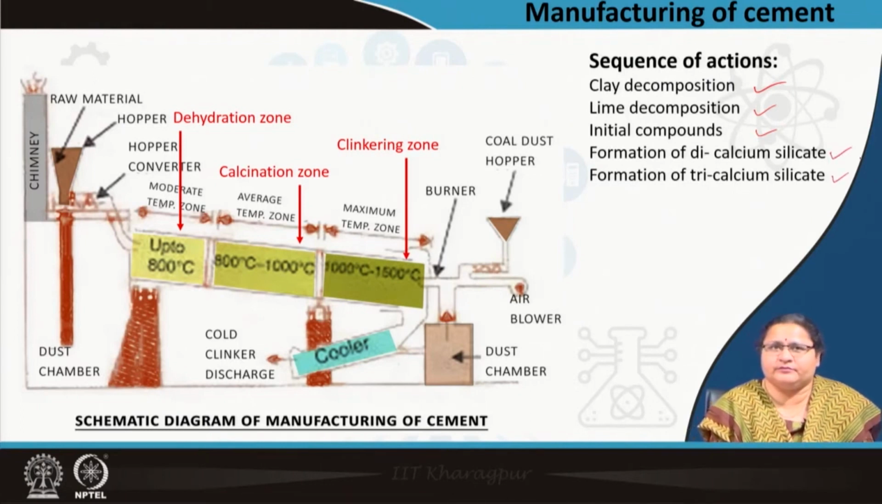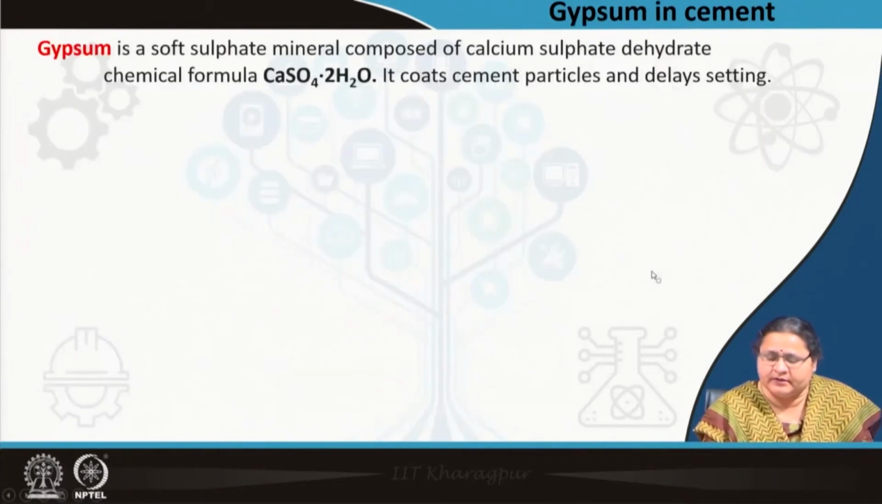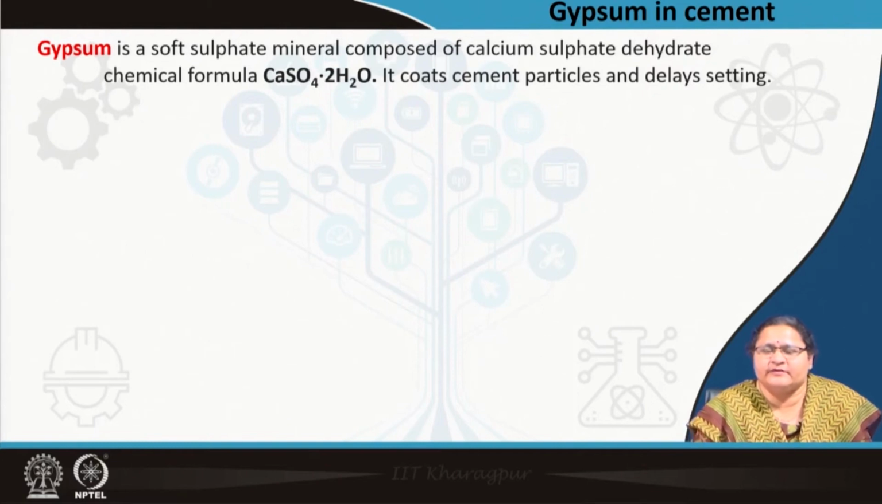finally formed. So, you see here is the clinkering zone, and it is the cooling, gradually it moves into the cooler and it is discharged. So, the clinkers are now ready. So, what is this clinker? These clinkers are varying in size from say 0.5 centimeter to around 5 centimeter, small ball-like substances, but these